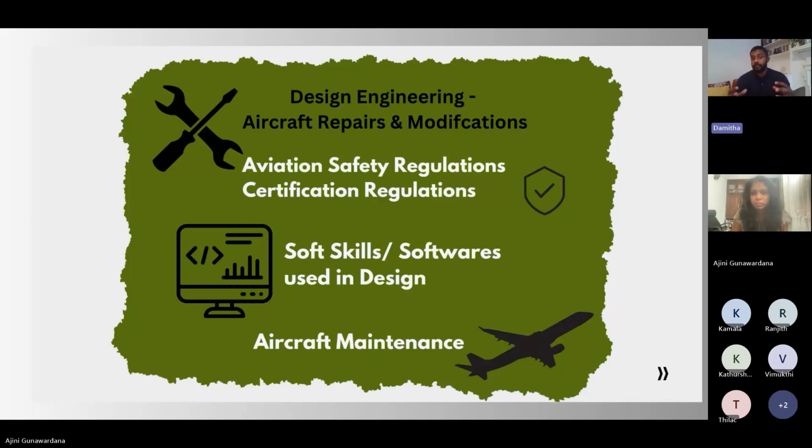The aim is to prolong the life of a product, because aircraft are very expensive and not one-time use equipment. So you try to use it as long as possible, and they move from owner to owner, just like a car you would buy secondhand. Aircraft are sold secondhand as well.